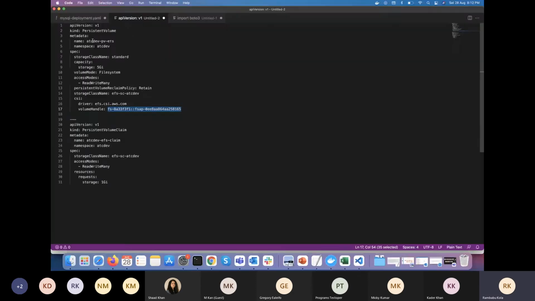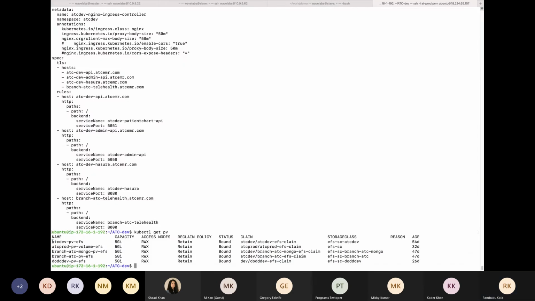If you see, it is etc dev, we have created the volume. It's a persistent volume which we have specified, and the reclaim policy is retain. In our earlier example, we did not say retain, it's delete.